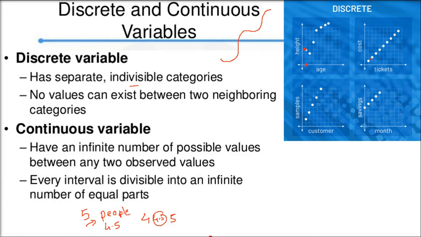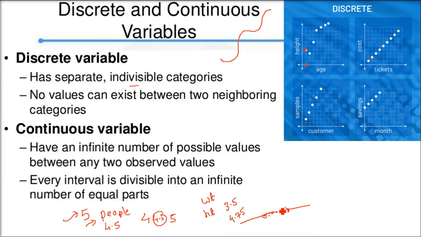What is continuous then? Same example I am taking. There are 5 people now. Now let us take the weight and height of these people. Someone will have 3.5 height, some say 4.75 height. So now we have values between values. So we have a continuous variable. So for any observed value, there can be an infinite number of possible values.